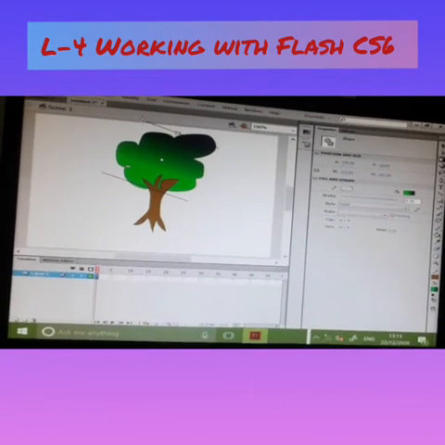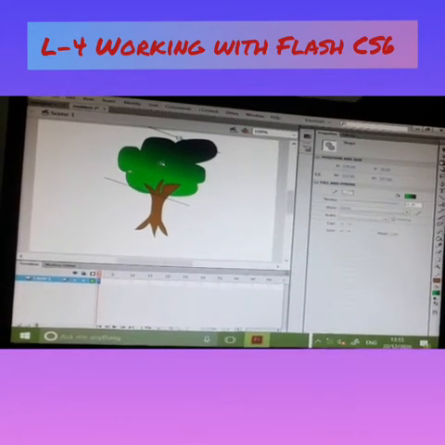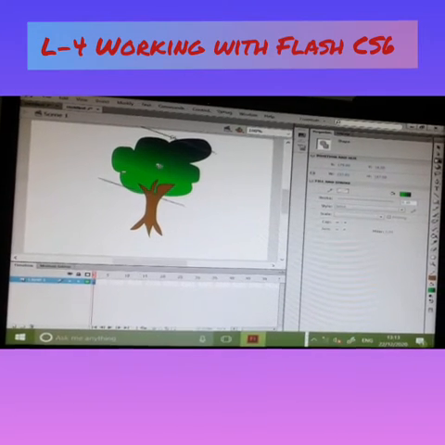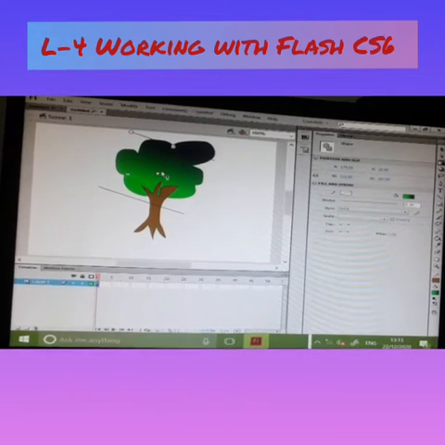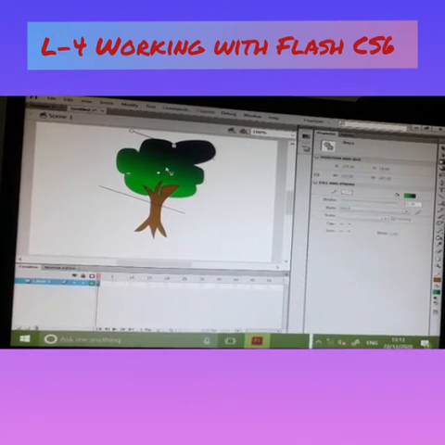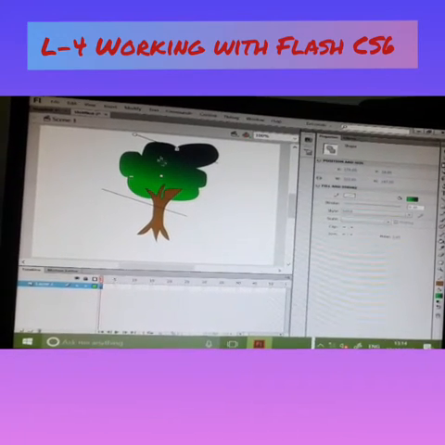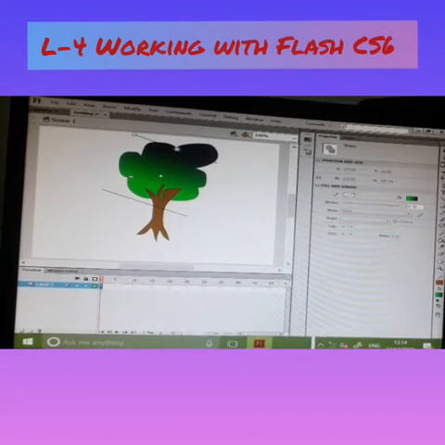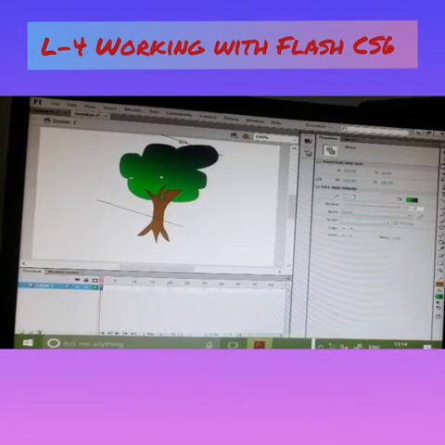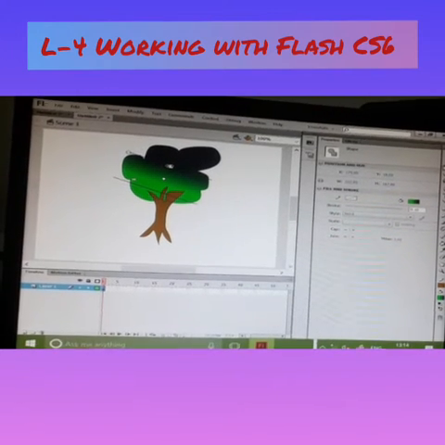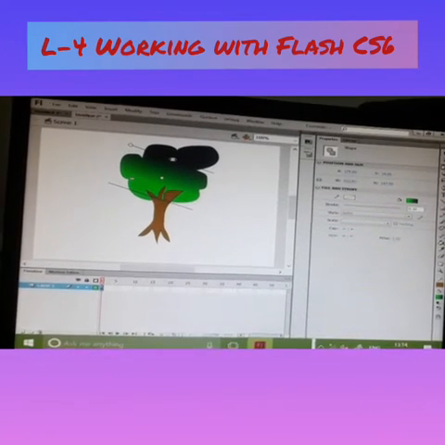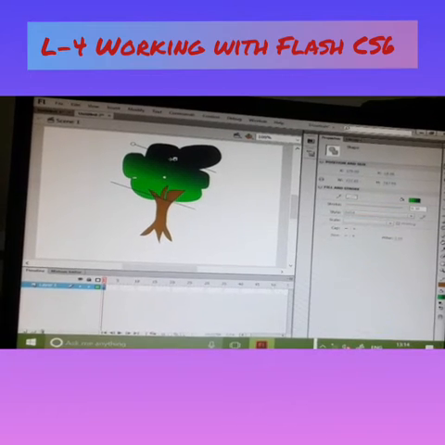So now first is changing the center of the gradient. Click on the center button to change its center point. Okay. Changing the width of the gradient. Drag this width button to change the width of the gradient. See, the width of your gradient is changing. Okay. Rotating the gradient fill.